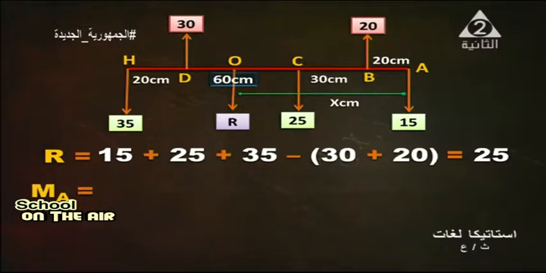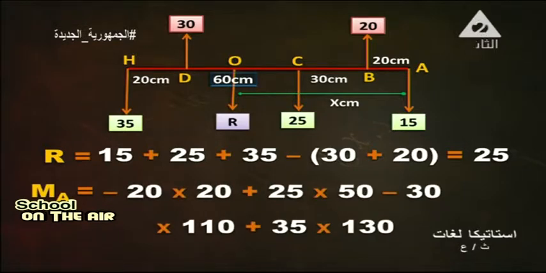After that, we find the moment at point A. Moment about point A: negative 20 times 20. Why? Because the 20 is clockwise. Clockwise direction is negative, but anti-clockwise is positive direction. Then moment about A: negative 20 times 20 plus 25 times 50, negative 30 times 110, plus 35 times 130. Remember, my dear student, the moment about